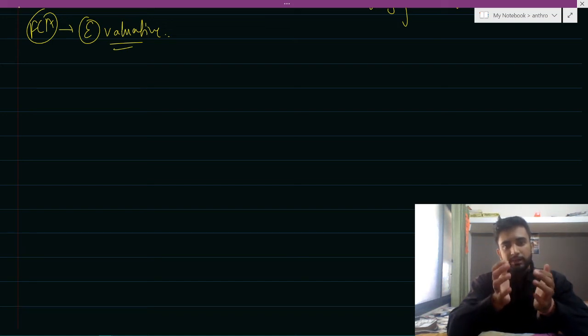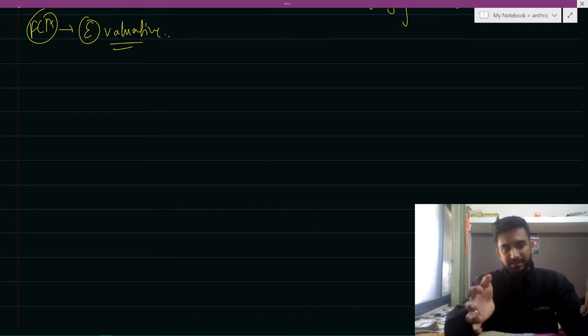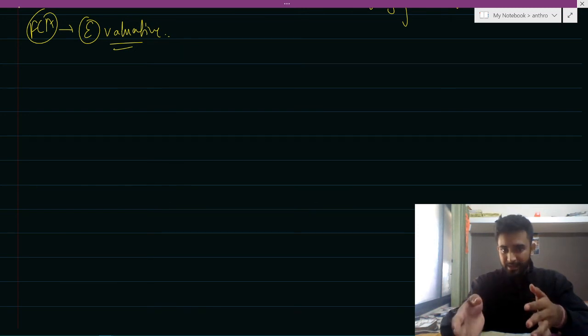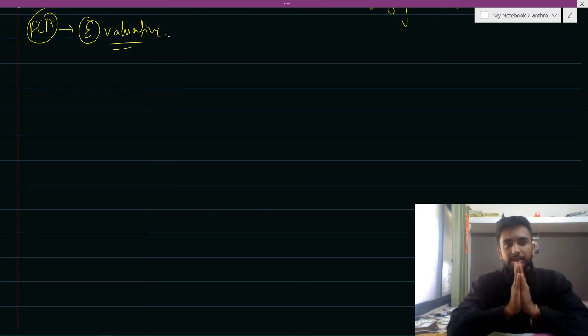The evaluative phase comes after the analytical phase. The analytical phase comes after the constructive phase, which comes after the formulative phase. As a prime minister, in my formulative phase I'll collect data. In the constructive phase, I'll analyze the data and compile it in certain sections. Then in the analytical phase the compilation is done. And then evaluative, I'll just press the button and the money will be distributed.